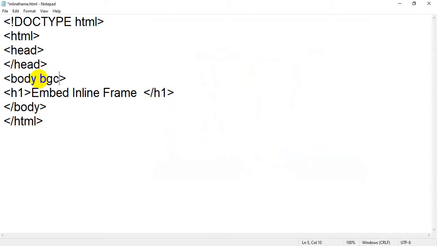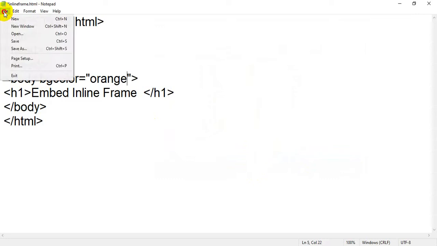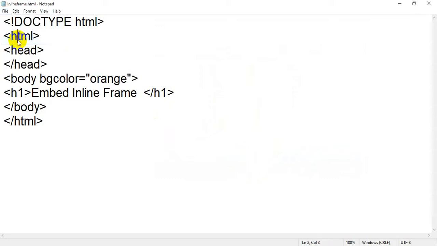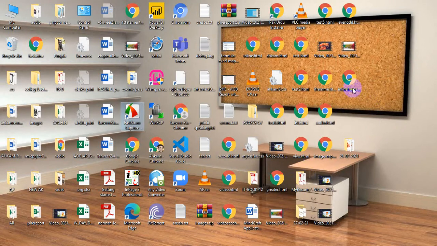There is a bgcolor attribute, and I am going to give it orange. Okay, let me save it and run it on the browser. So this is my file inlineframe.html. Let me open it. So finally we have created a simple HTML page.